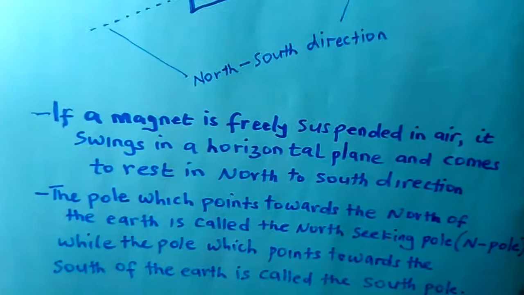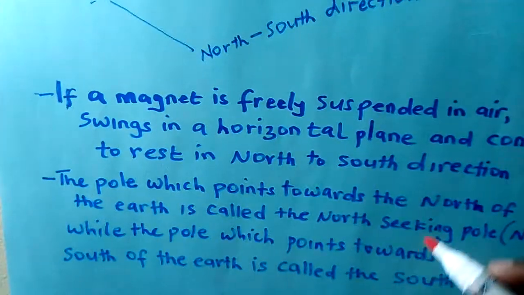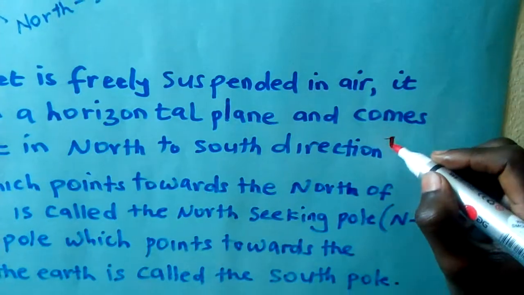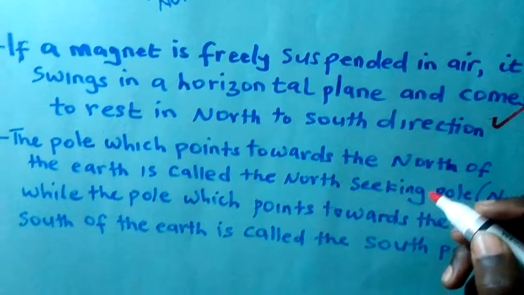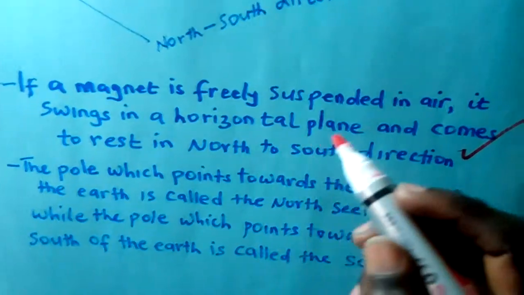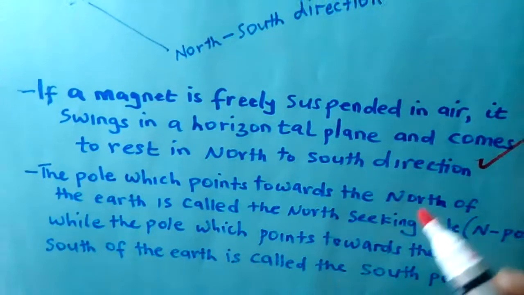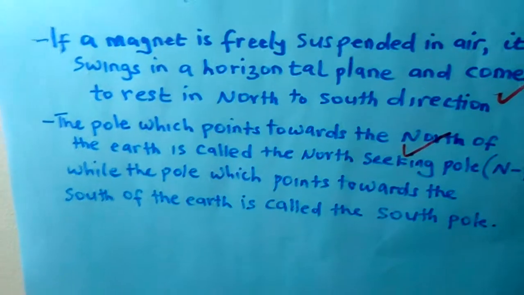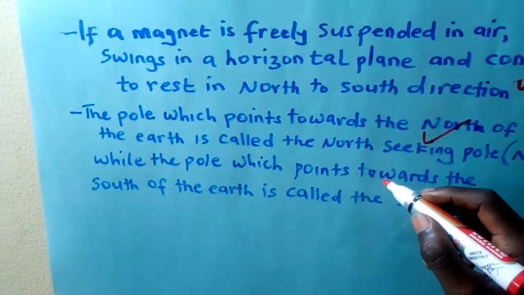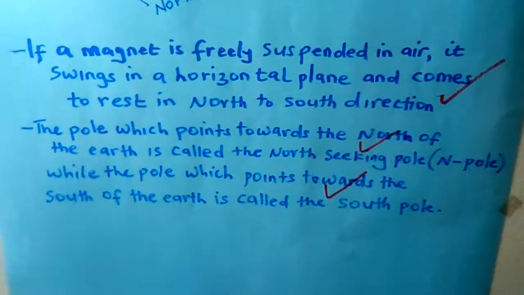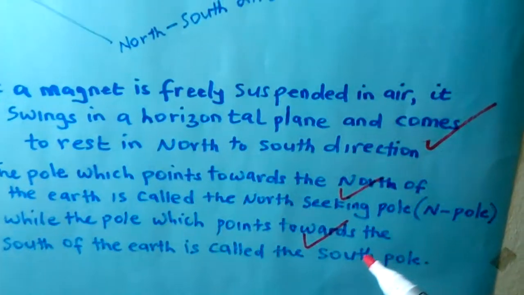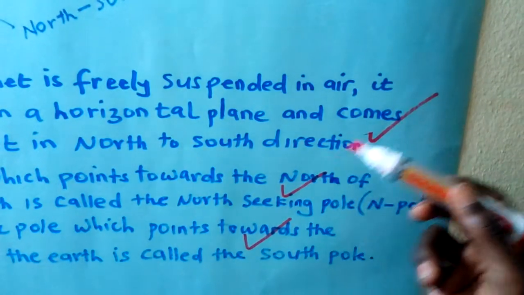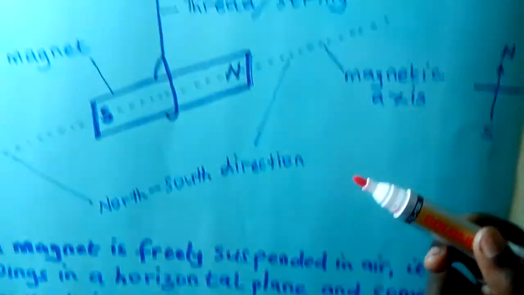Then you come for the explanation. So you can get here your marks. If a magnet is freely suspended here, it oscillates and so on. The pole which is pointing towards the north, you also get another mark. While the one which is pointing towards the earth, you also get another mark. So if this question had 5 marks, you will get all. Because you have the 3, 1, 2, 3 for the explanation, and you have 2